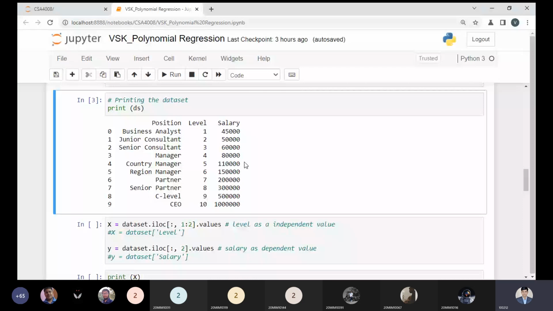That's why I will use level and salary for my computation. Salary depends on the level, which means salary becomes the dependent variable and level becomes the independent variable. So now we have decided what the independent variable is and what the dependent variable is.